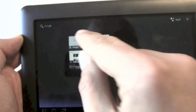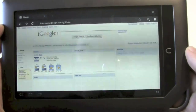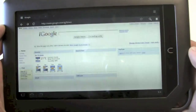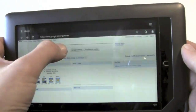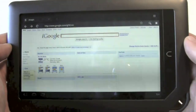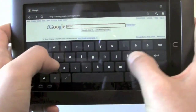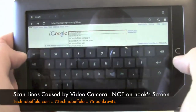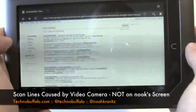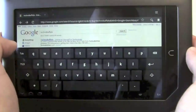So we'll load up Google here. So the Wi-Fi is working. And it's the iGoogle homepage. Interesting. So if I tap, get the keyboard. Oh, the page is still loading up here. We'll look for Techno Buffalo. So Instant wasn't on. Oh, Instant is on here though. So I should be able to go to a